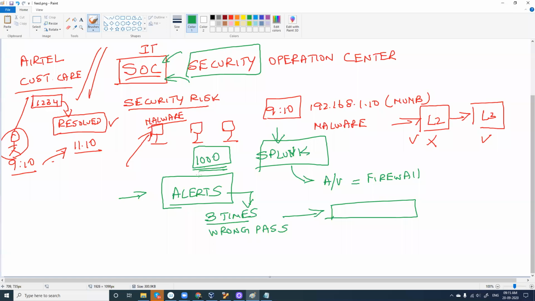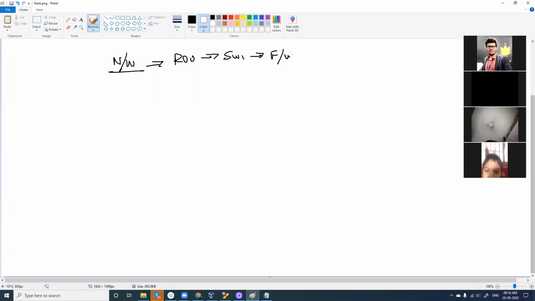And so probably if you're looking for SOC kind of roles, it is mandatory for you guys to learn Splunk. And why are we learning Splunk? Why have we included this in our networking syllabus? Is because, give me 1 minute. Because we were looking at networks. We are looking at networks, and we saw how to connect routers, how to connect switches, how to connect firewalls, and how to connect servers. We have seen a lot of things like this.